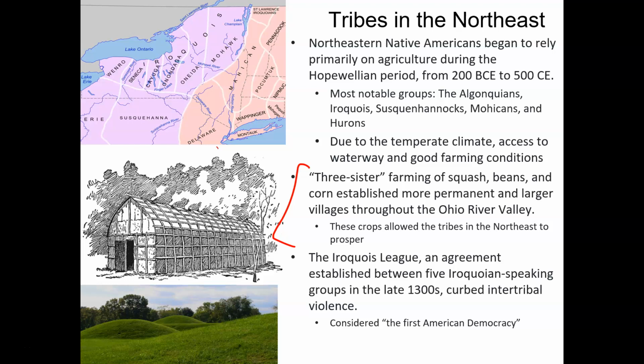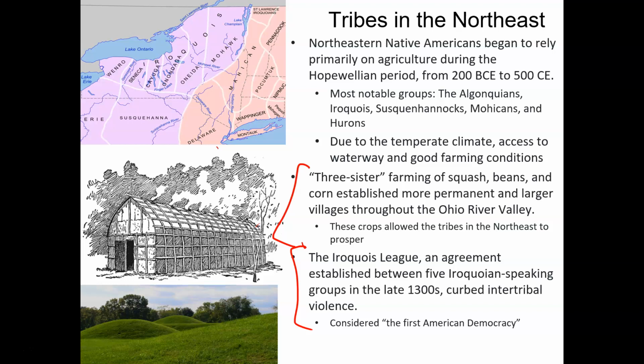And having that stable food source allows these areas to become very complex, right? The Ohio River Valley is one of those examples. They have a lot of diverse Native American groups in those areas, but probably one of the most famous has to be the Iroquois League, right? The Iroquois League is made up of several different Native American tribes that made a trading and defensive alliance